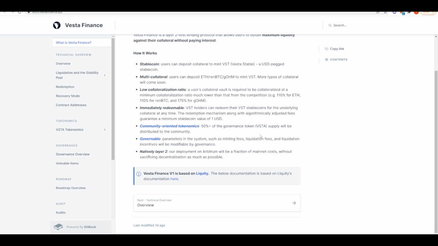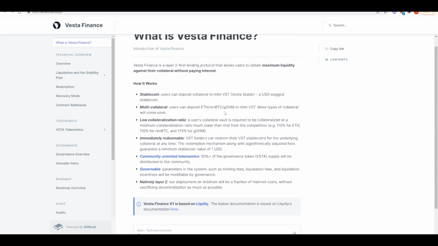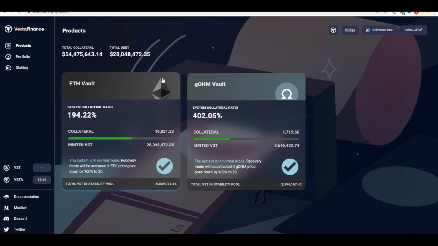So that's nice. Vesta Finance, I think I'm pronouncing that correctly, is going to be one of the cornerstones in the Arbitrum DeFi ecosystem, right? At least that's what I believe. So it has very good potential, and I think it's probably worth going ahead and using this protocol and trying to get a hold of some tokens. I mean, you can basically do it for free just by providing liquidity, but we can talk more about that in a second. So this is what the user interface looks like.